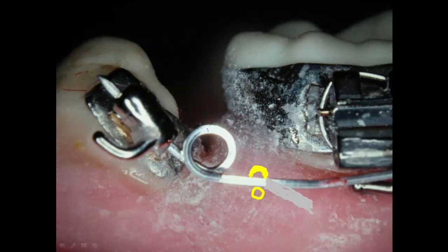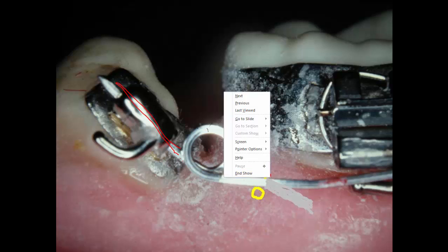Now, once you get the spring bonded onto the tooth, and where you got the little pad on here and you put the spring in it and it's on there, then you want to put more activation in it. So we have an instrument called a double optical plier, and you can take the